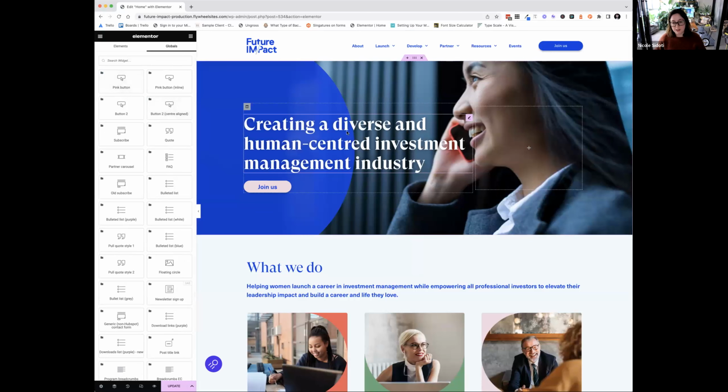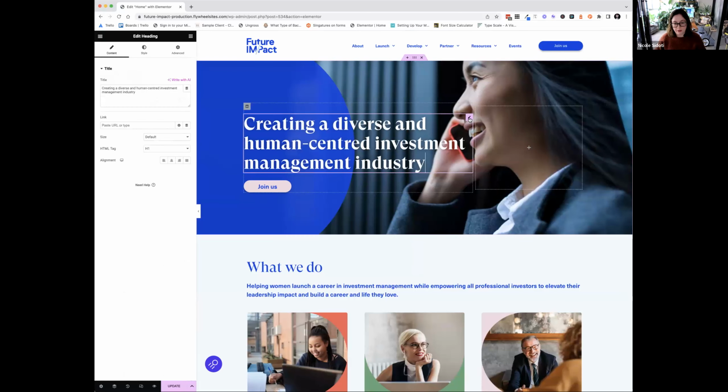So if you decide to change this headline, for example, you can just click in the box or click on the little pencil in the pink square on the corner, and you can change that in the text box up there. You can also write directly on top of the text,